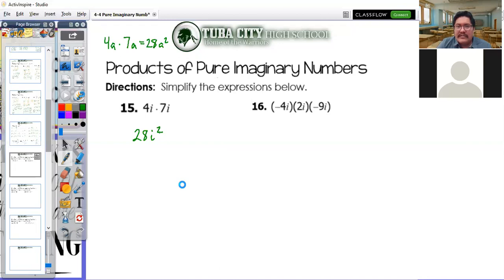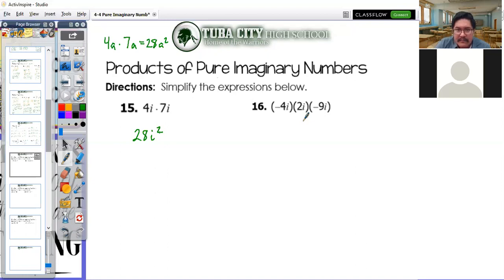So 4 times 2 times 9. So that's going to be 8 times 9, which is going to be 72. Oh, in this case, I have a negative and another negative. So actually, I guess it would work out because it would just be positive. And then I have i to the 3rd. Now again, look at your packet and look at what i to the 3rd comes out to be, which in this case comes out to be negative i. So 72 times negative i